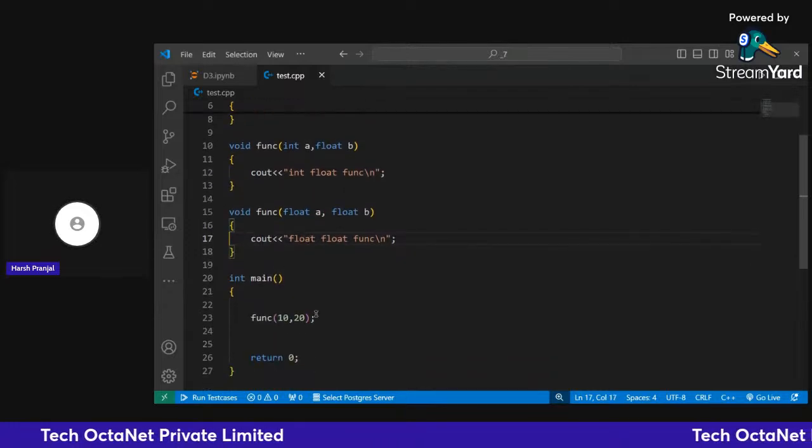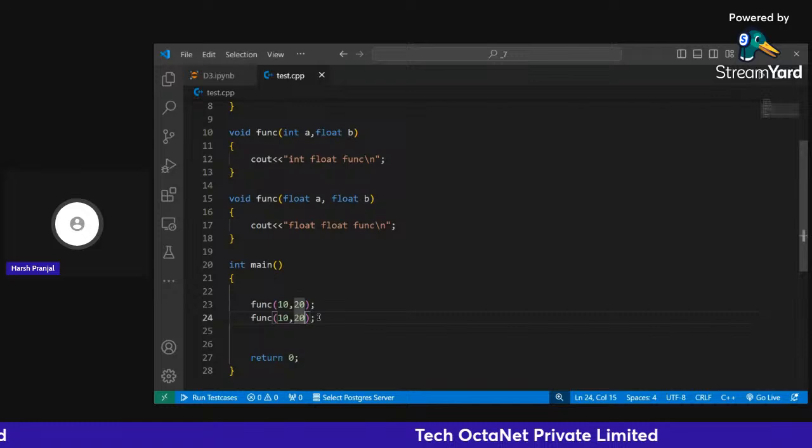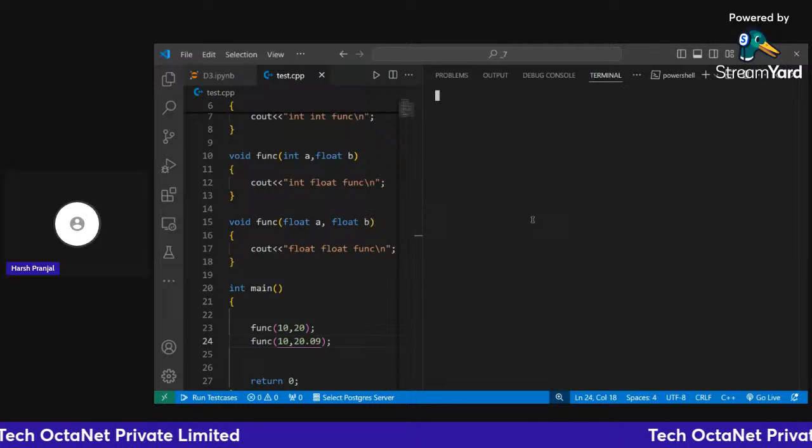Now see, I'm providing integer values, right? And in the next one, I'm providing an integer and a float value. And now if I execute this code,